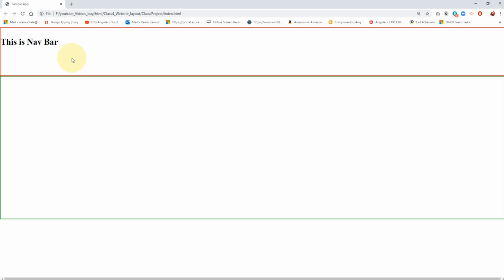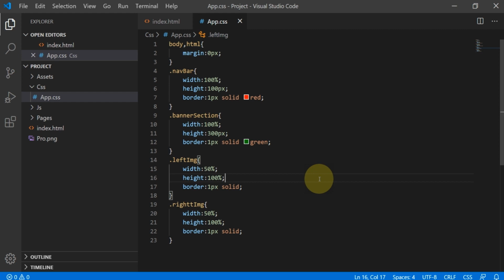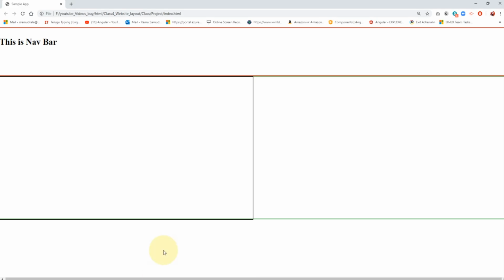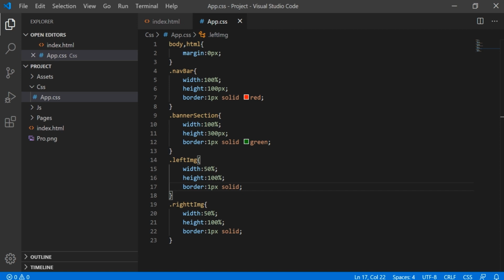So let's see once. Yeah, one div came, but the other div did not come. We should know what is happening. But first of all, just observe here, guys, a horizontal scroll bar. If we get a vertical scroll bar, that is okay, fine, but we should not get this one. If we get a horizontal scroll bar, then it is an issue in our website, so it is better to fix it at this time only. So why is it coming like that?